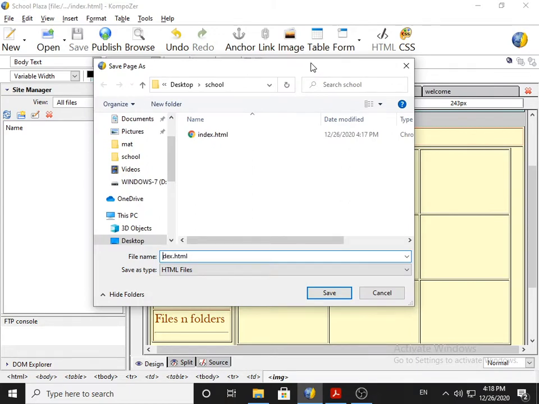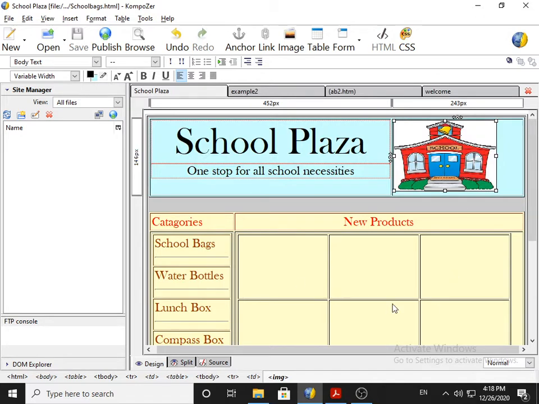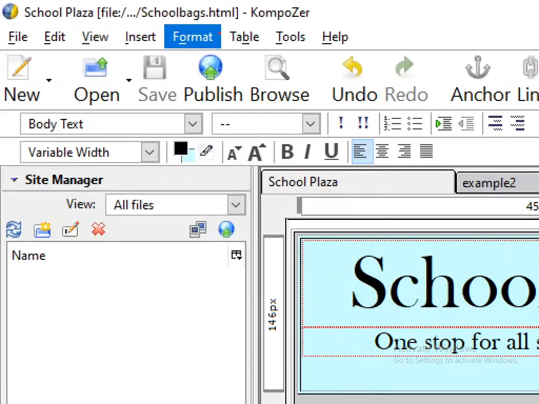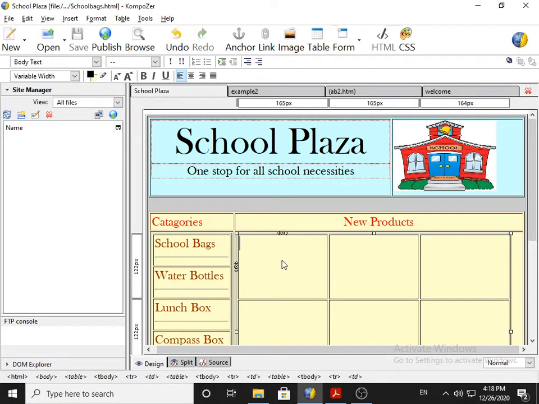So I give the name of the file, that is schoolbags.html. If you notice, everything remains the same on the screen, but actually this is which file? Schoolbags.html.